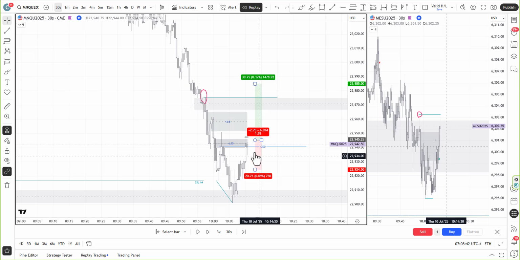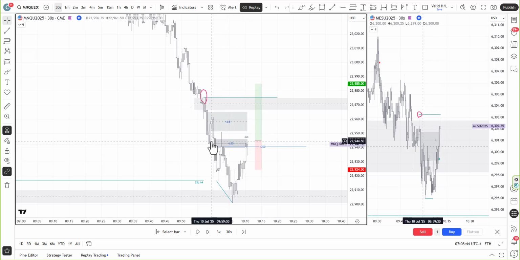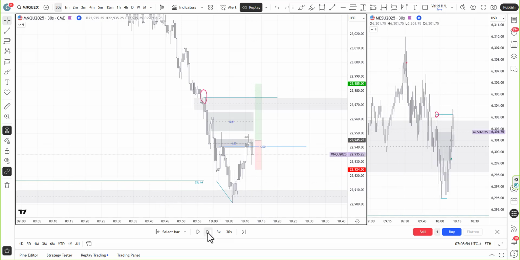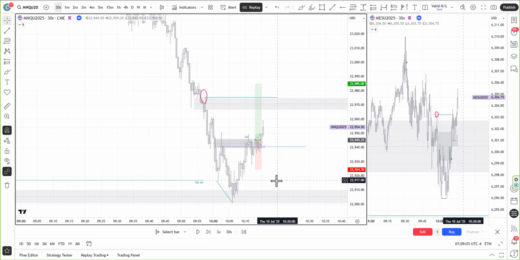Third error in thinking. So I was looking for a level that was willing to trade. I have a 30-second level here, 6 points and a bit. And I was just watching it, and I made this idea in my mind that if it's going to break, I'm going to go long. And I must say I had a relatively weak target.